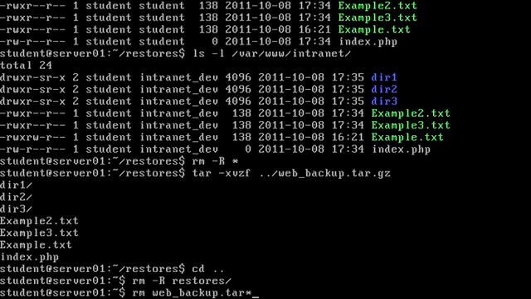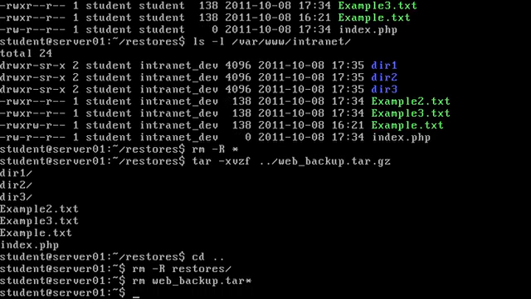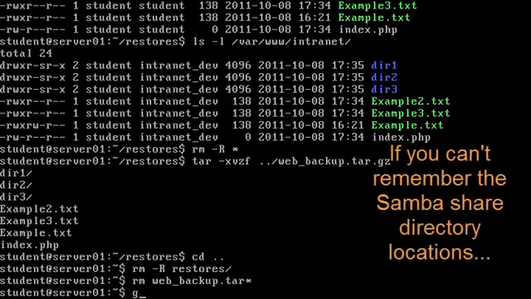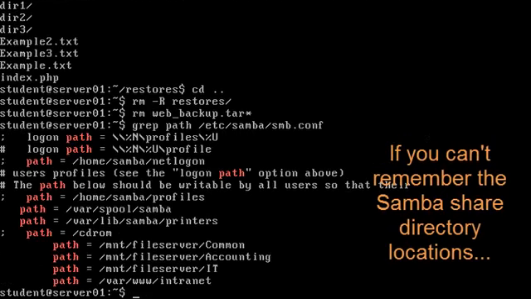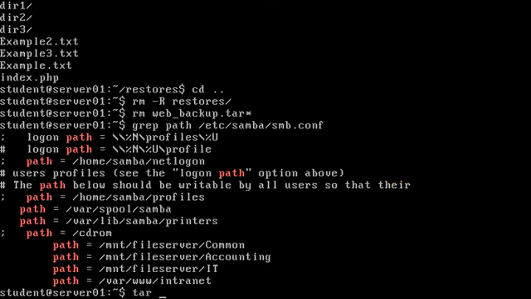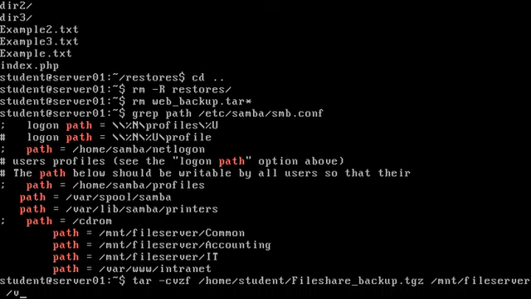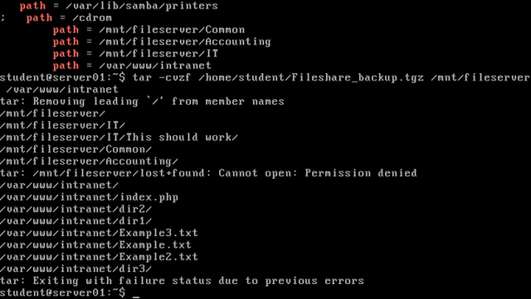But now I want to create a real actual backup instead of just experimenting. So we need to figure out where all of our Samba files are being stored. The easiest way is to grep for path in the SMB config and look at the ones that we actually care about. In this case, everything that we want is under Mount File Server except the intranet files. So we could either deal with them separately, or we could figure out a way to get both of them in. In this case, we can do a tar -cvzf for file share backup and include both